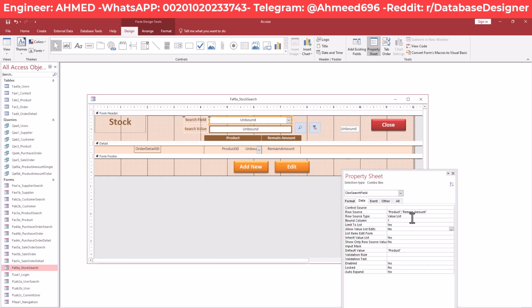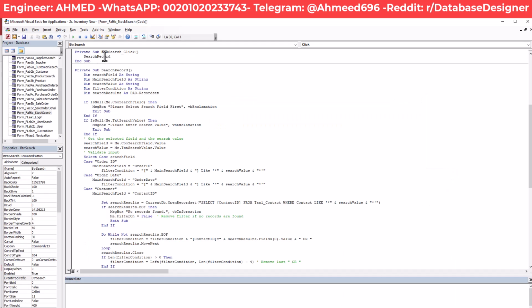Now we have changed our list here, so we need to apply some changes on our code to make it work correctly. Our code on this button here, so I will go for event on click. So the search record, which is this one. So here I am selecting values from the first combo box. For now I have two values. The first one is product ID, product, and second one is remain